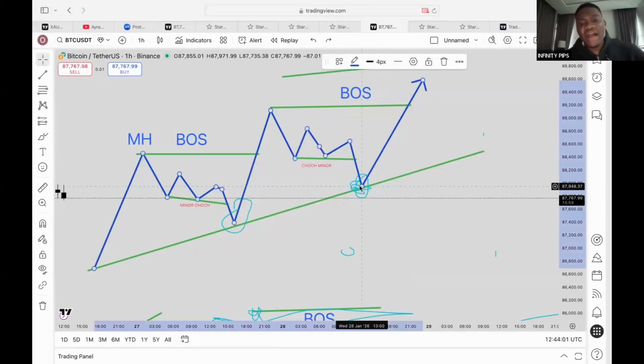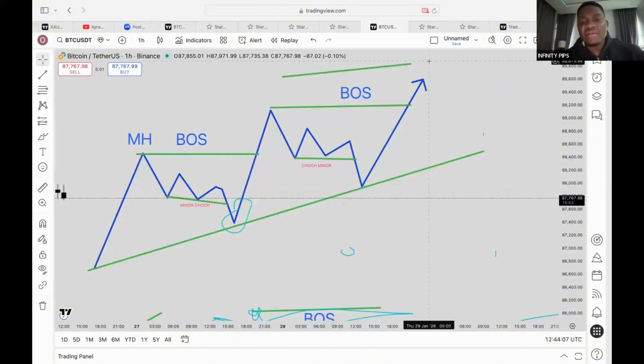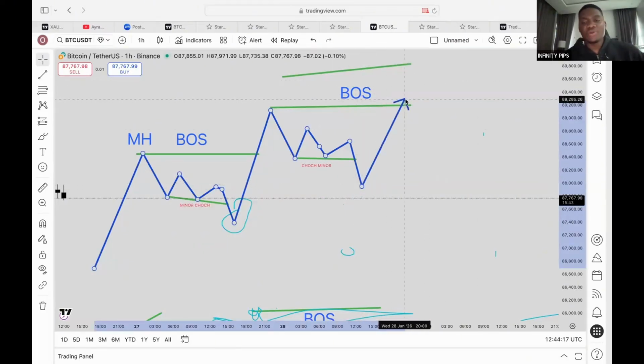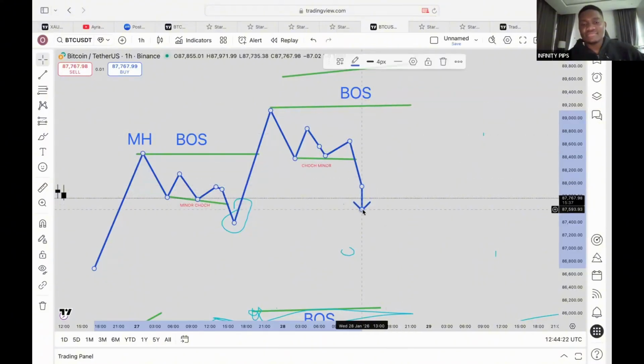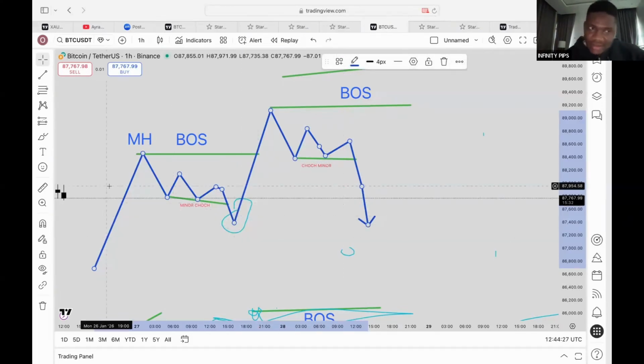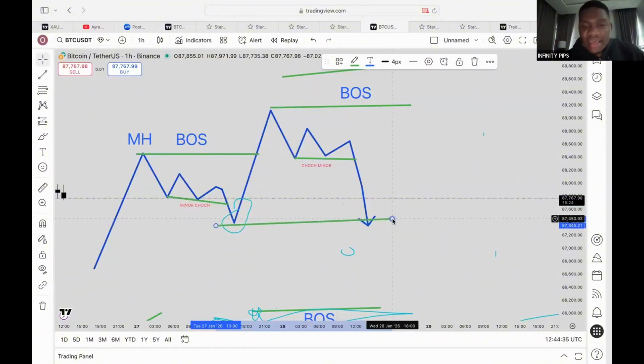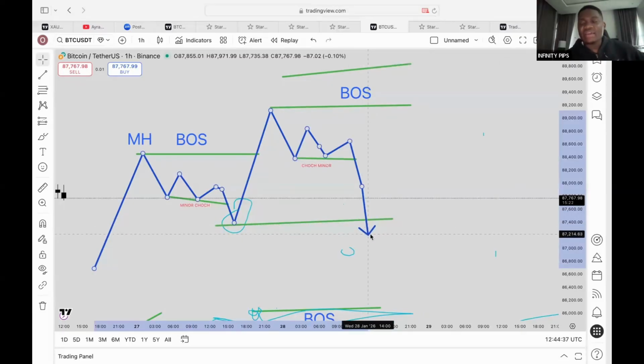In order for us to identify our major change of character, for example, let's say that when this market got here, instead of it pushing up, it decided to start coming down to come and meet here. It's coming down to meet here and eventually breaking here